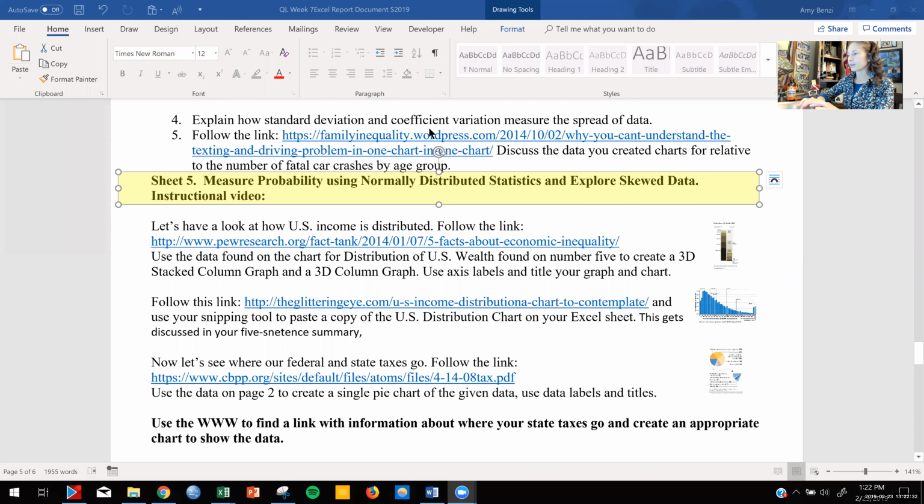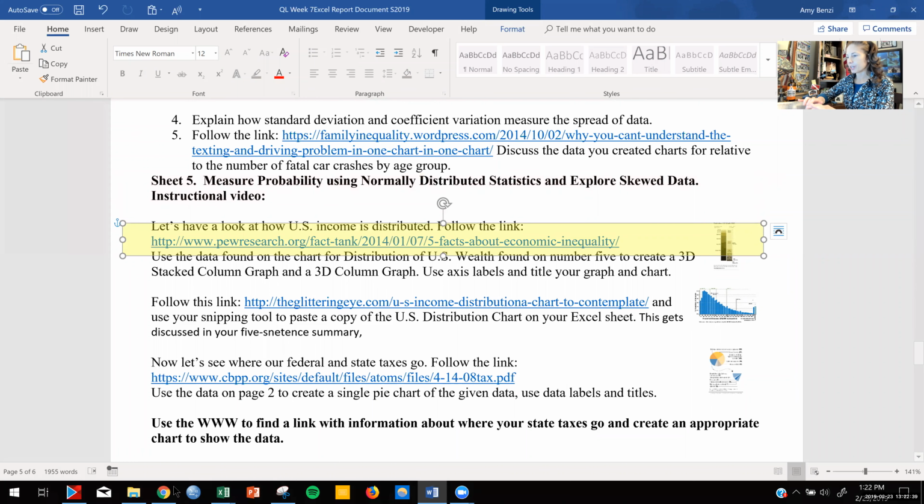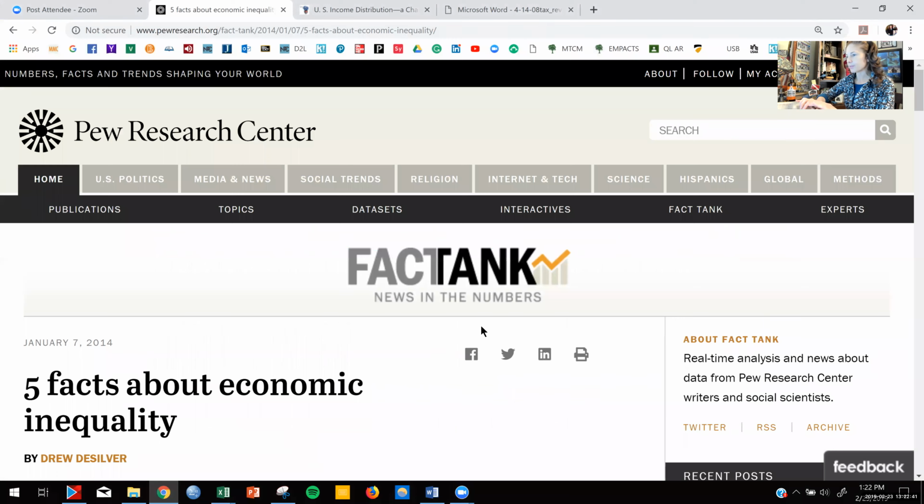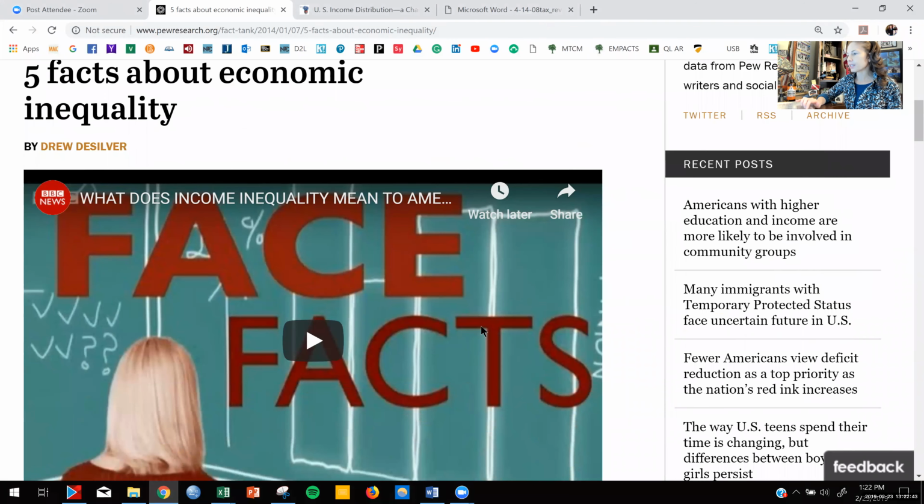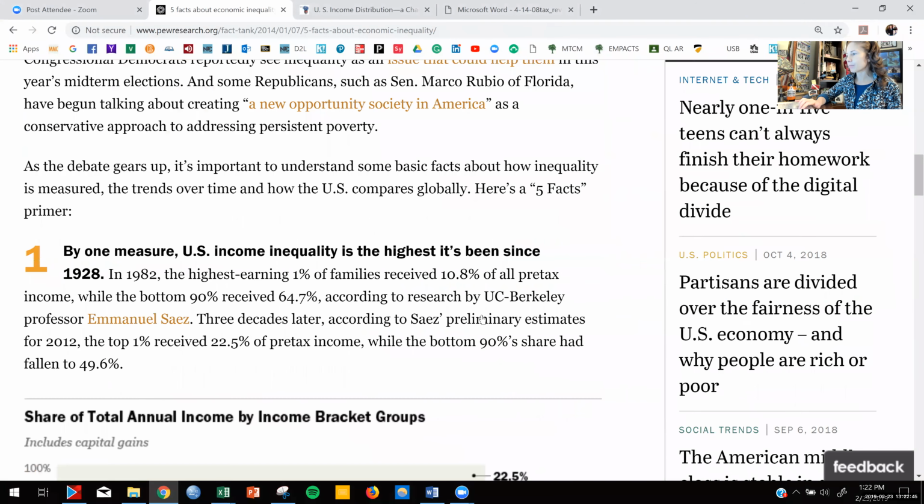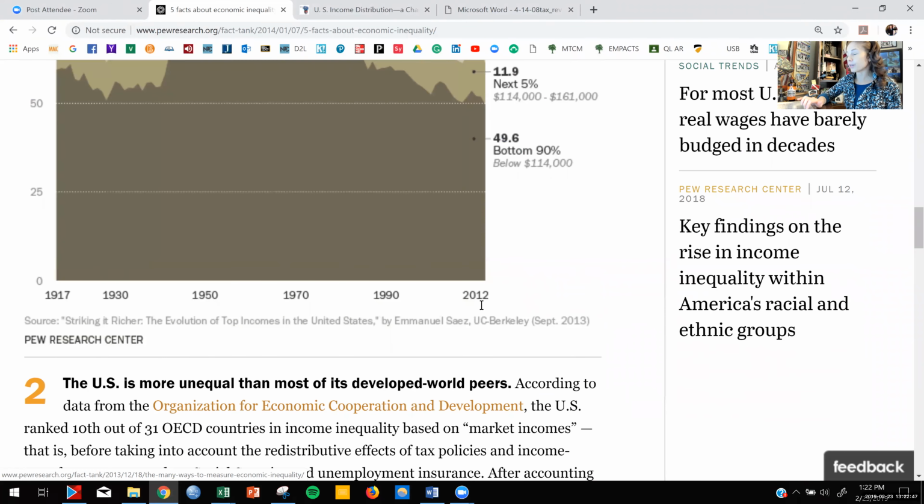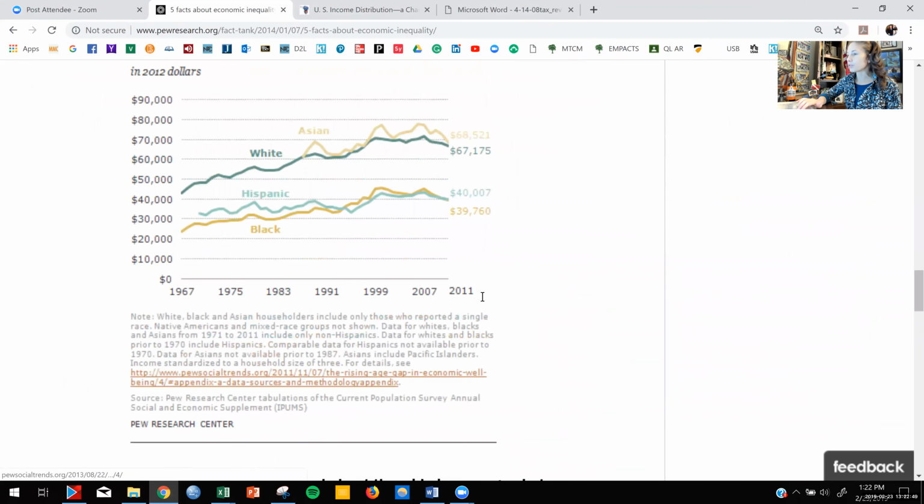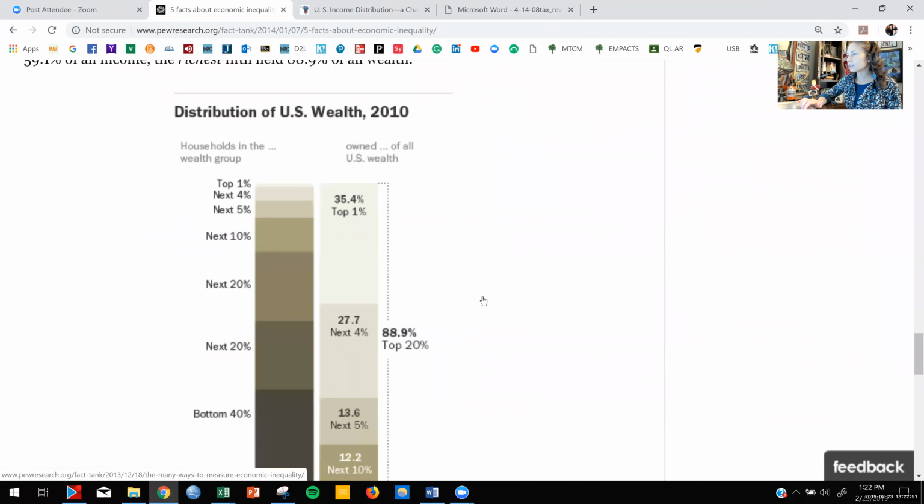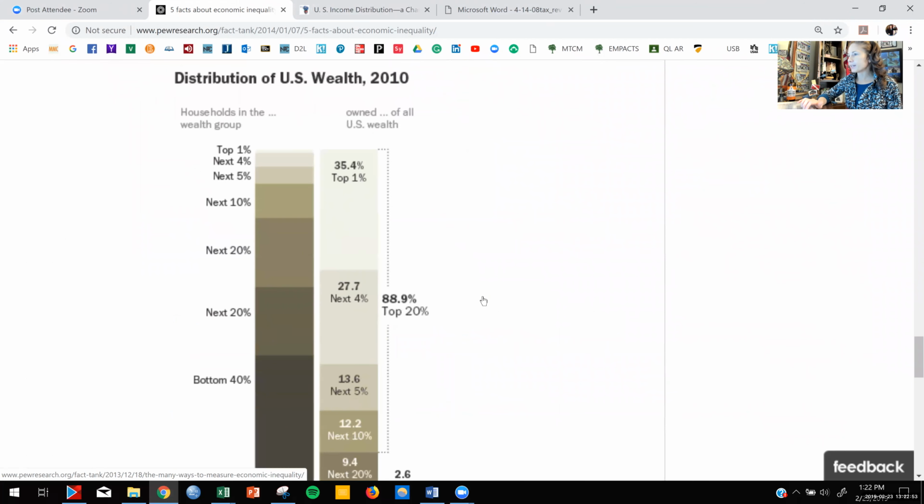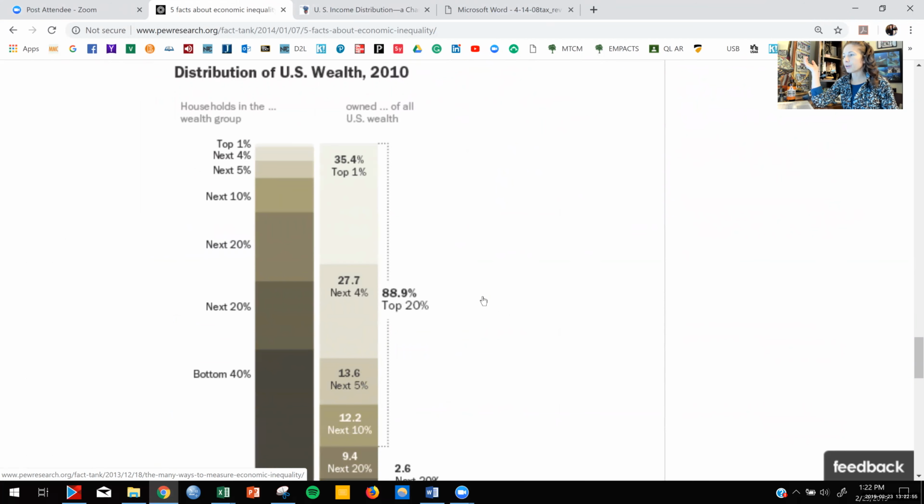So the first link that we're going to look through is going to give us the percentages. We'll just kind of look at this as we go. This first link gives us a very nice chart and a lot of other information. You guys can read this. It's extremely interesting. This is the chart we're looking for, and it gives us the distribution of wealth from 2010. And it's a chart that shows us that the top 1%,